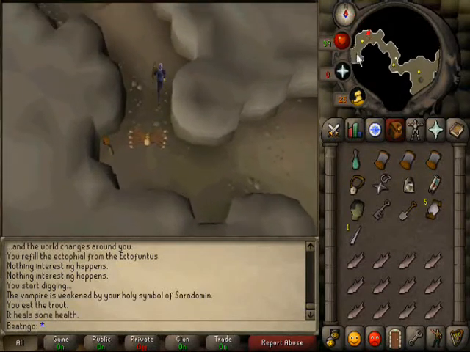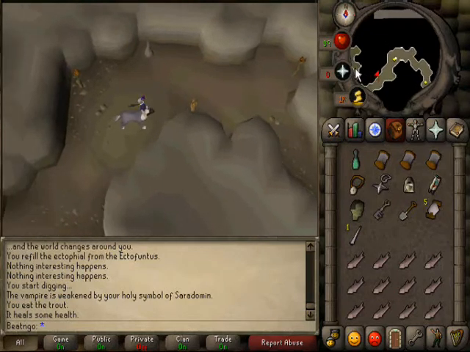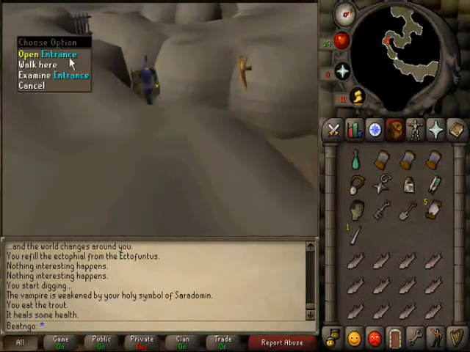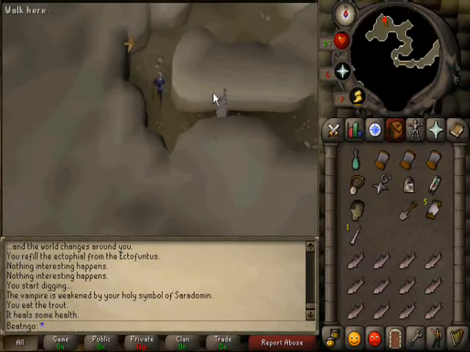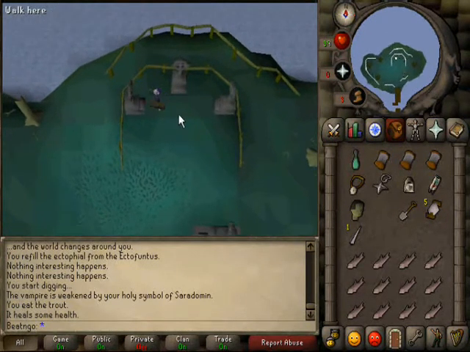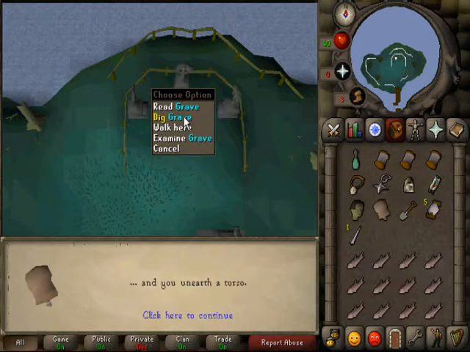But once you get the cavern key, you want to run northwest until you find the door. So just keep heading to the northwestern part, and that is going to look like it. So use the key on the door to go through, and then climb the ladder. Once you climb the ladder, you're going to see these 3 graves, and you just want to dig at all 3 of them in order to get the arms, legs, and the torso,